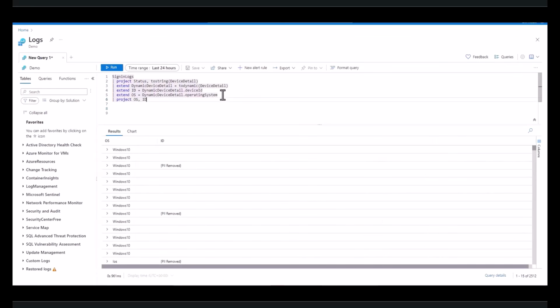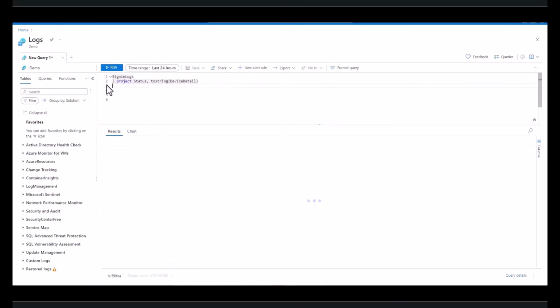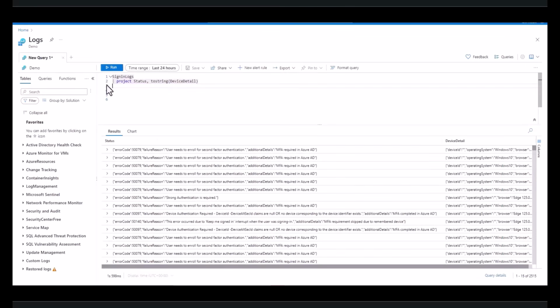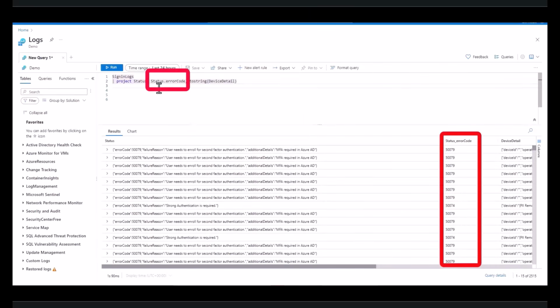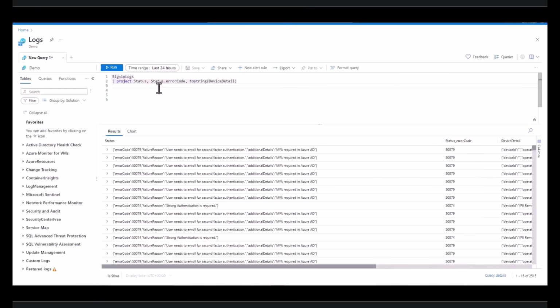In the last examples, we used extend to create a new field. Let's go back to our original two JSON objects and use an alternate approach using project. Remember, the status field is already set to a dynamic data type. In this example, we want to project our two main JSON objects, plus we want to project the error code key as a new field. This worked in the same way that extend created a new field, except we accomplished the same thing using project